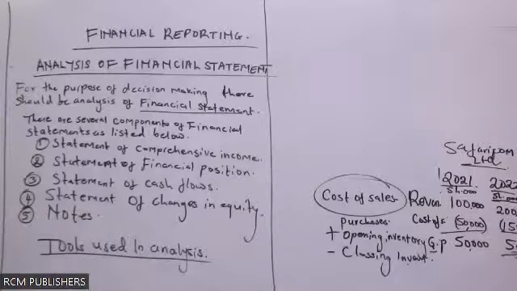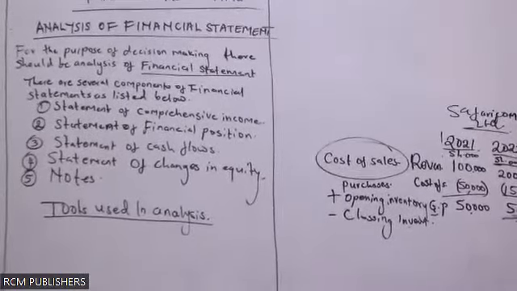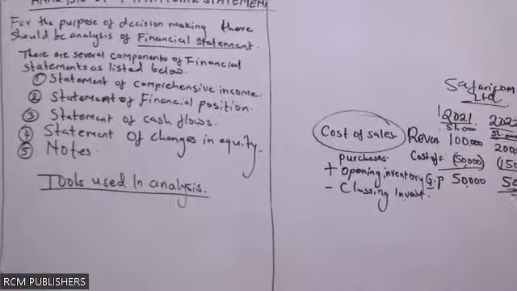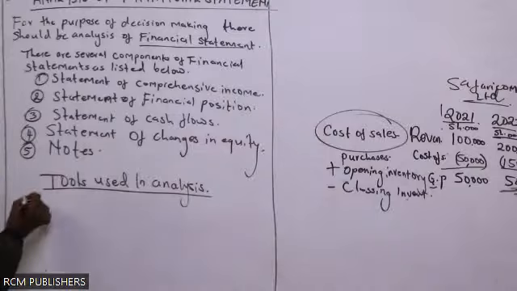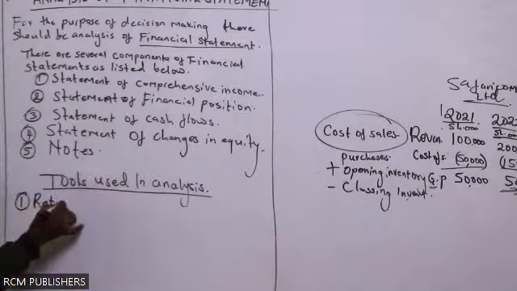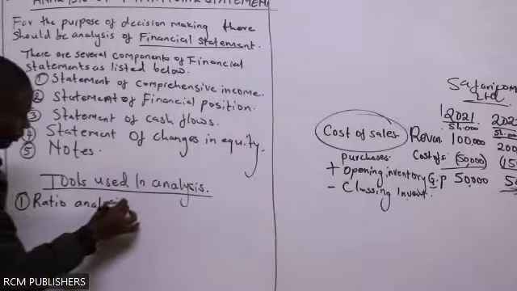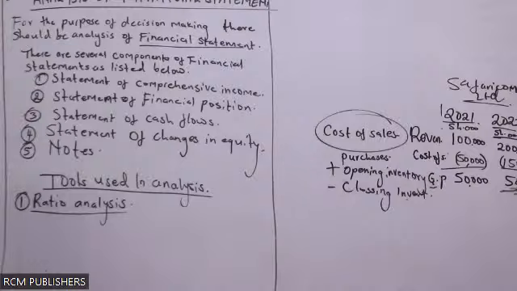So tools used in analysis, we have one, ratio analysis. Hizi ni kama methods. Ratio analysis. So under these, you say that